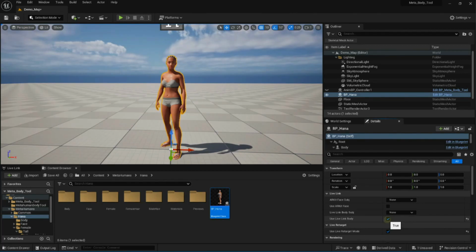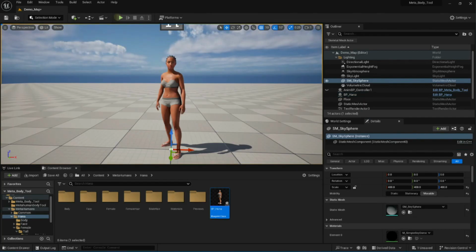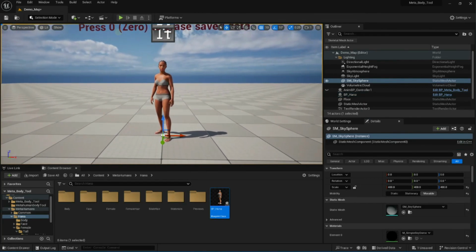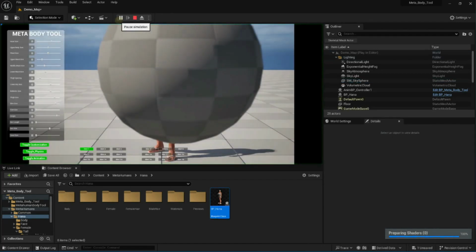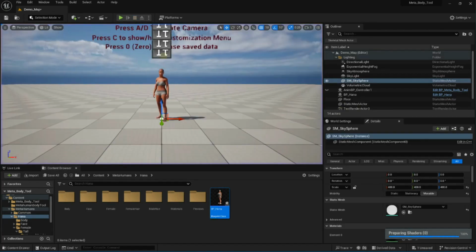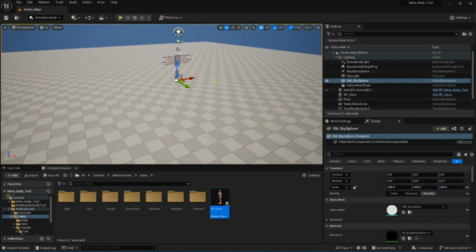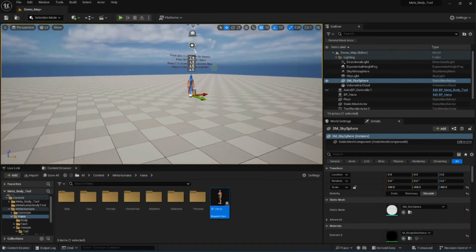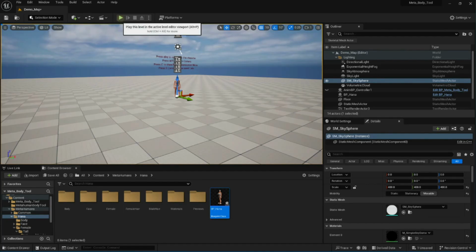Okay, but I'll leave this off, I don't need it to animate. So now we're done preparing everything. Let's click on play. Just position your camera a little bit far from the character so that it doesn't block the camera. Yeah, now click on play,